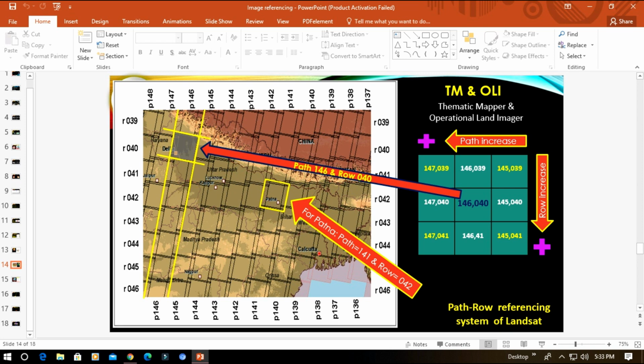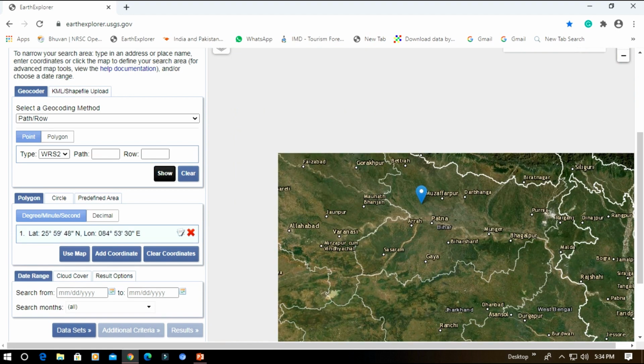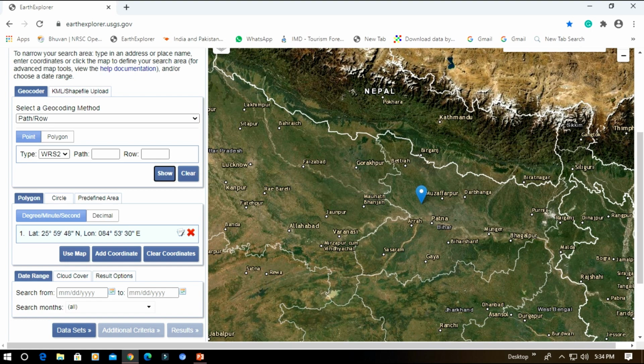Here in this portion, suppose the path number is 141 and the row number is 042. Then click on show. Then the pattern will appear on the screen.